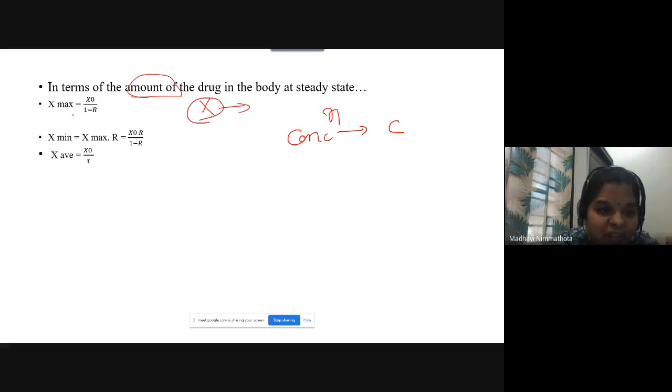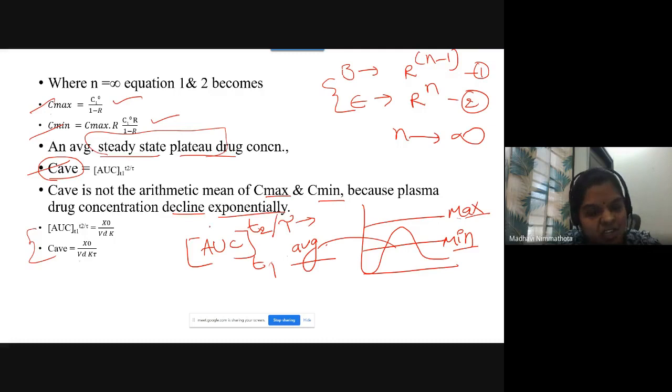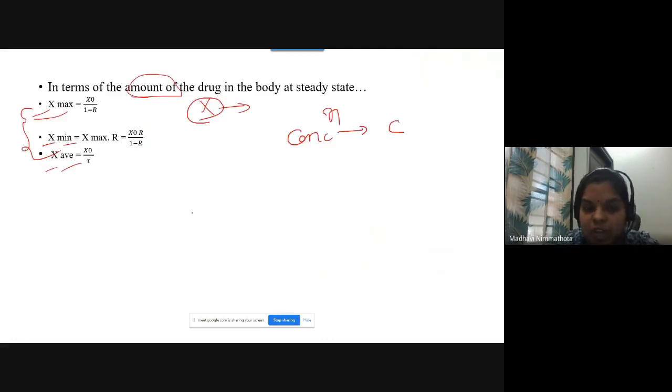So X max, amount of the drug at maximum, is X naught by 1 minus R. Amount of the drug at minimum, X max into R, is equal to X naught R by 1 minus R, and X average is X naught by tau. So these are in terms of amount of the drug and these are in terms of concentration of the drug. So this amount and concentration of the drug can be calculated at steady state when the drug follows